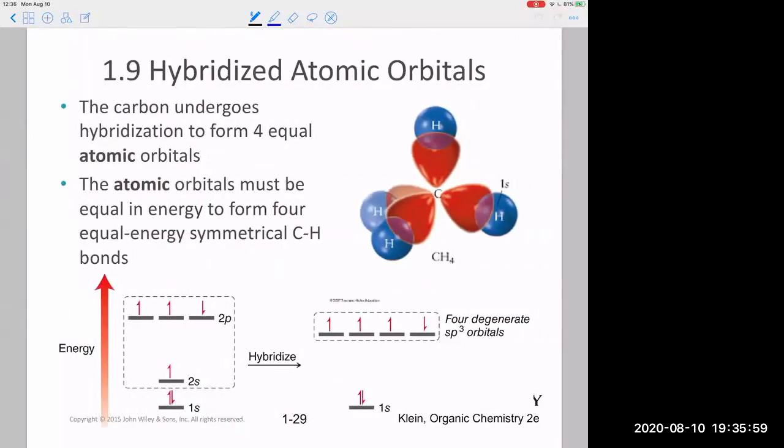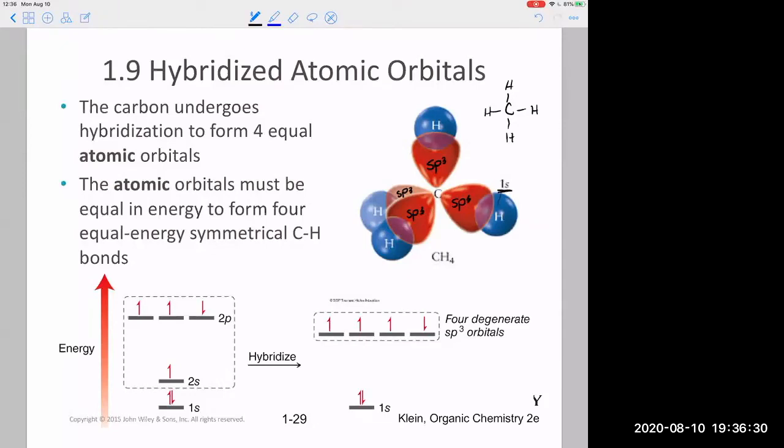Okay, so now if we wanted to image what this electron looks like, right? In this molecule of methane right here, this is the same, right? We were just looking at it before as its Lewis structure. This is now, if I'm going to image those orbitals, these are my new sp3 orbitals. I have 4 of them. One back here, right? Those are the ones that are going to bond with the 1s orbitals of my hydrogen,